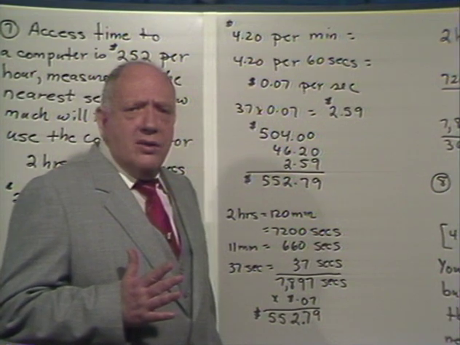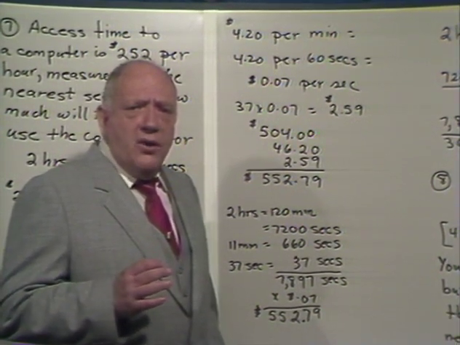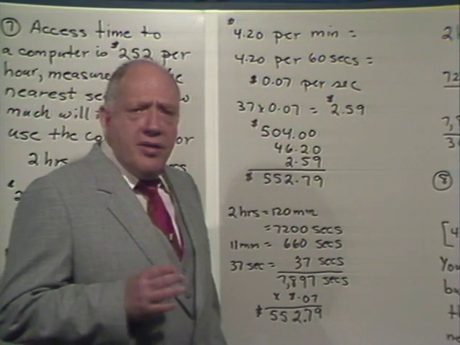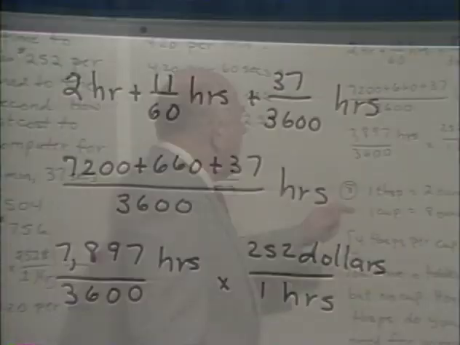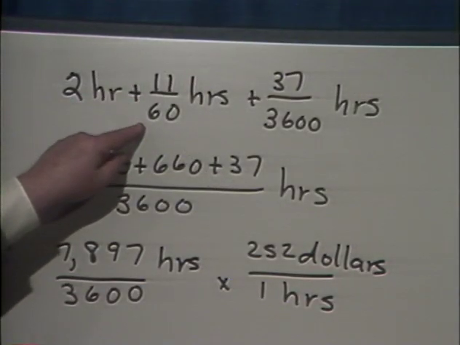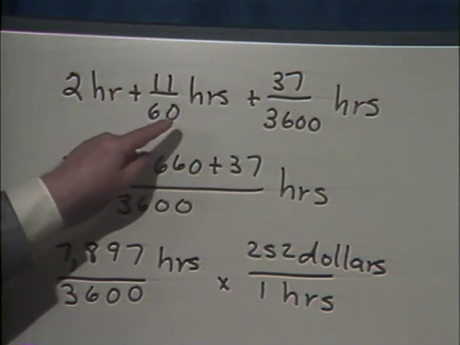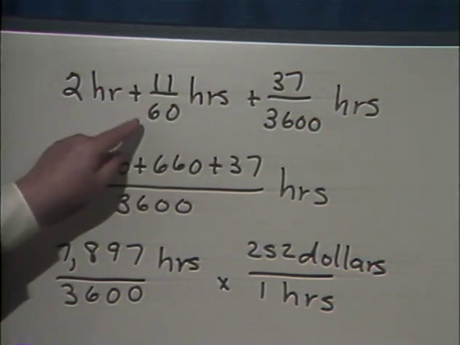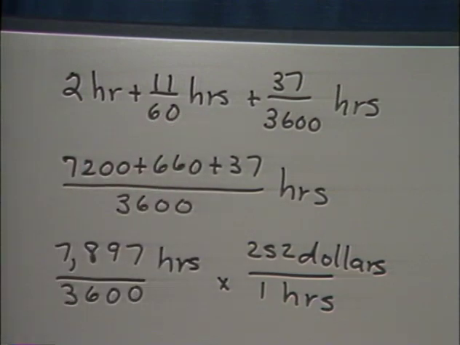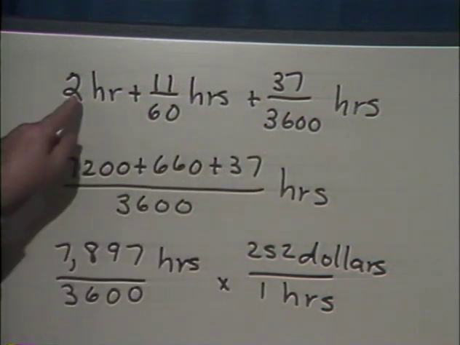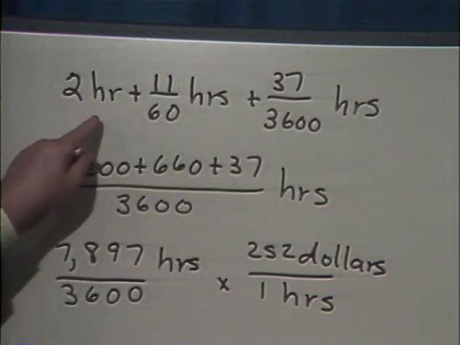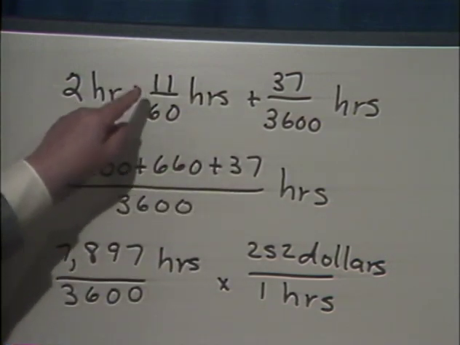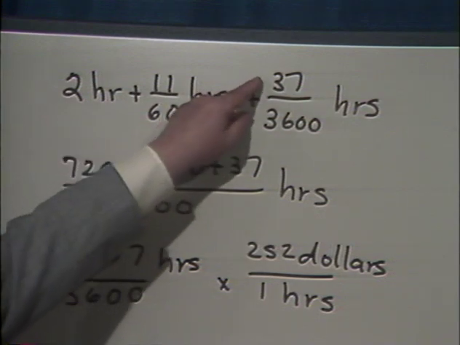Why break it down into seconds? Why can't I convert the whole time into hours? And you can, because 11 minutes is, see there's 60 minutes to an hour, so 11 minutes is 11/60ths of an hour. How many seconds are there in an hour? There's 60 minutes per hour, 60 seconds per minute. 60 times 60 is 3,600. So what you could have done is write everything in terms of hours. 11 minutes becomes 11/60ths of an hour. 37 seconds becomes